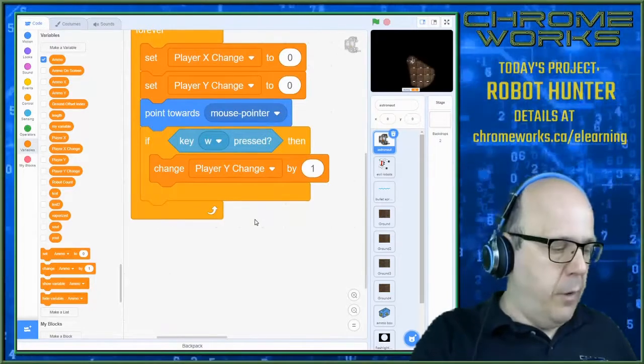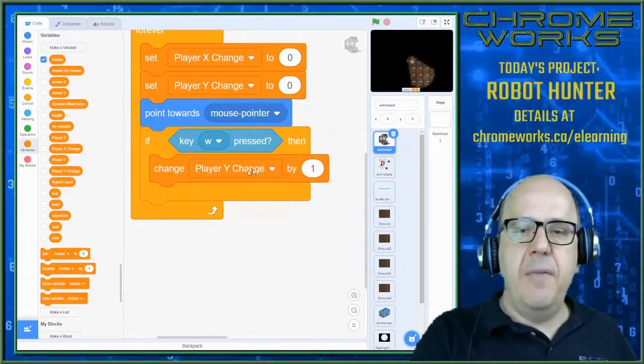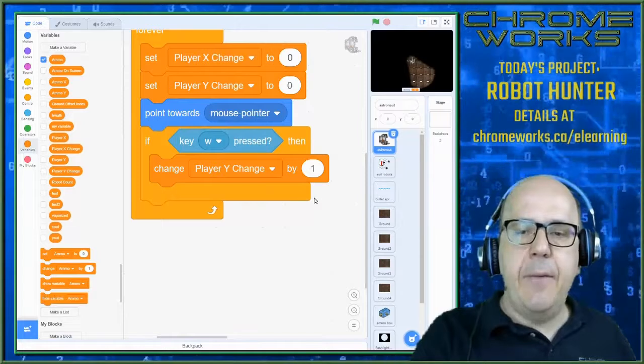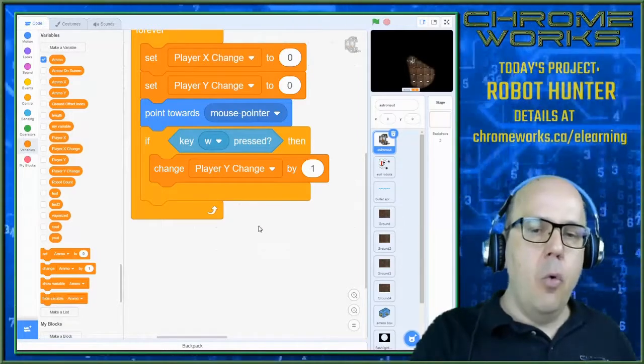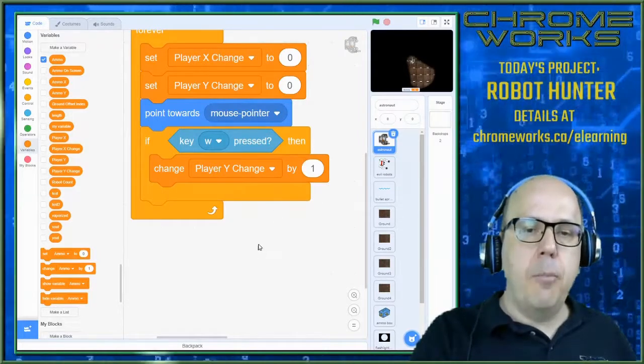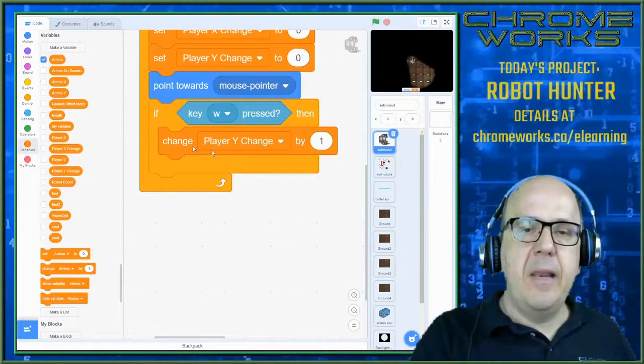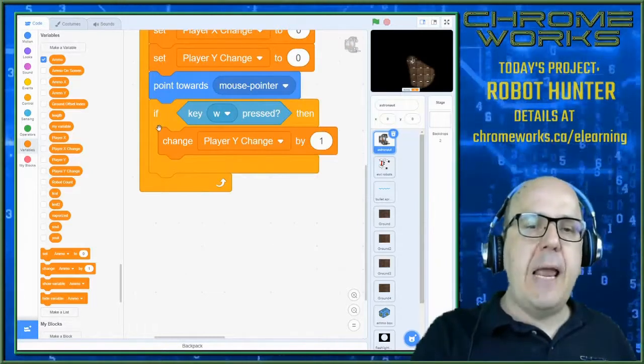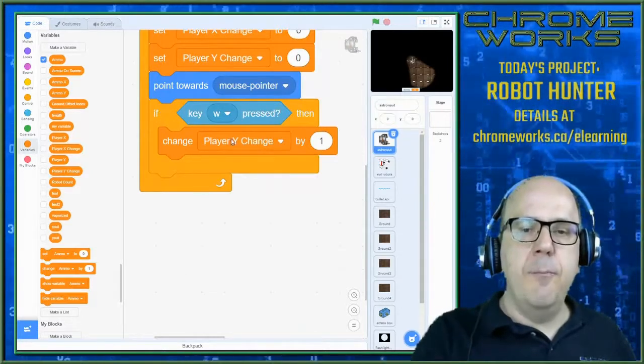If we hit 2 keys, if we went W and D, for example, then the Y would change and the X would change, right? And so we're just keeping track of these numbers, and then we'll process them later and do something with it. Now I want to do 3 more if statements, so they're just variations on this,